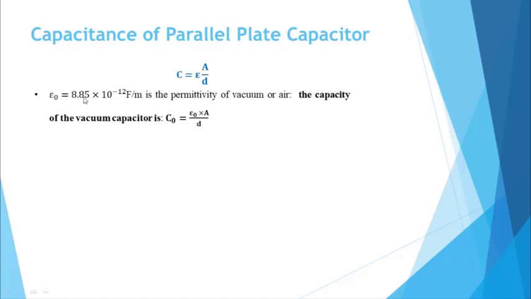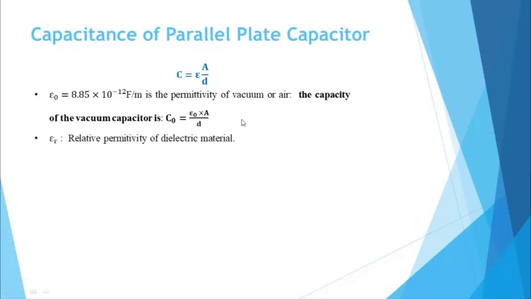Epsilon 0, which is equal to 8.85 times 10 to the power minus 12 farad per meter, is the permittivity of the vacuum or air. In case the dielectric used inside a capacitor is the vacuum or air, then its capacitance is defined by C0, which is equal to epsilon 0, the permittivity of vacuum or air, multiplied by the area divided by the distance